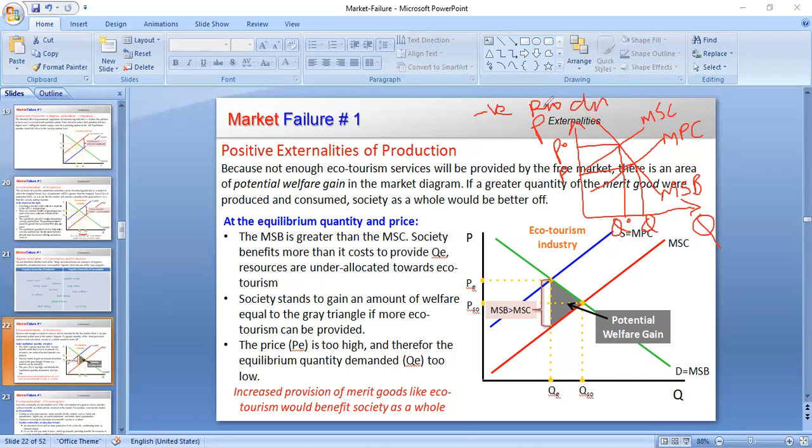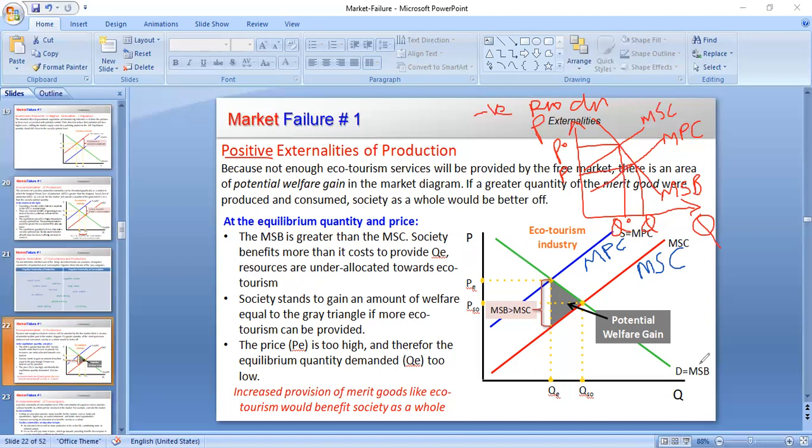Now, when it comes to a positive externality of production, the diagram is the same. But the only thing that changes, you interchange the labeling. What has been up comes down. So here, this one is going to be now the marginal private cost. You are just interchanging the labeling. Here, it will instead be the marginal private cost that will be greater than the marginal social cost. You interchange, right? And then from there, you look, and of course, if this is the marginal social cost,